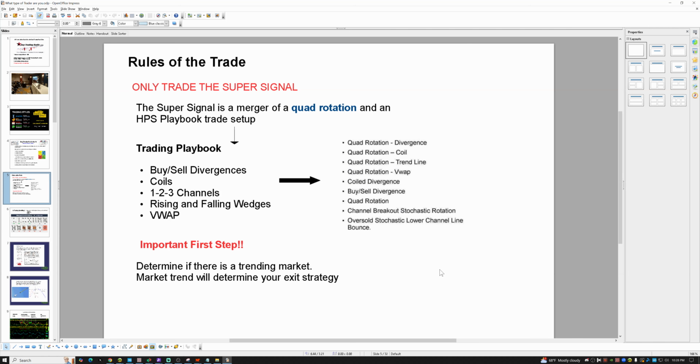Now, it's so important. The super signal is such a good thing, but it requires us to set up, and it doesn't mean that we're going to set up like this every 5-10 minutes. You might have 1 or 2 super signals a day. Now, these are great setups. These will give you tremendous moves, but you have to be in front of it at the right time, right? So,